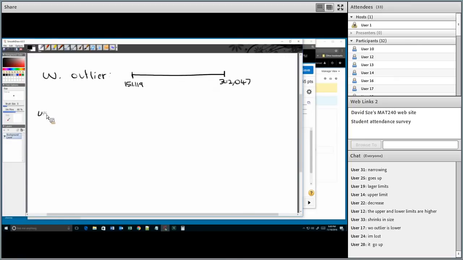Now without the outlier, I'm going to try to draw it at the same scale. My interval is from here to about here. The lower limit is 164 and the upper limit is 246. Okay, so